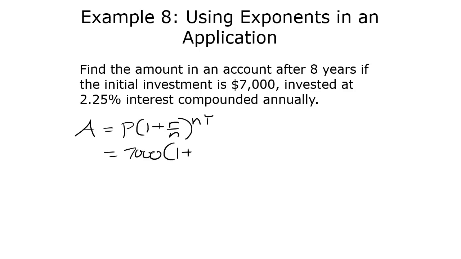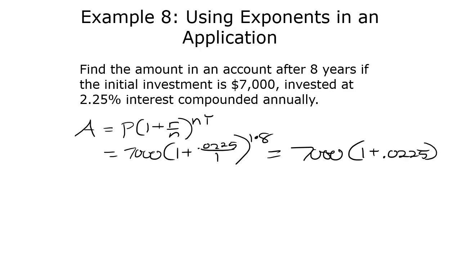1 plus 0.0225. And because it's being compounded annually, we're only doing one compound per year. So this is a 1. And then, of course, this is a 1. And then we do it for 8 years. So it really just simplifies to 7,000 times 1 plus 0.0225 raised to the 8. And then, of course, 1 plus that, this just becomes 7,000 times